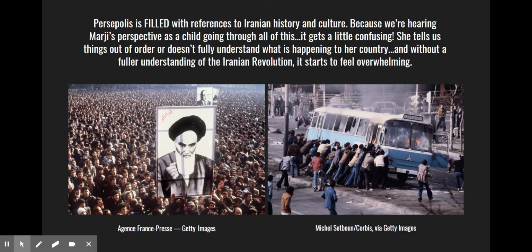So, first up, I talked a little bit here about how the backdrop of Persepolis is obviously this huge historical and cultural moment, but we're getting it from the perspective of a child. And because Marji doesn't have all the information and she's getting it in a piecemeal way, it's hard for us too, especially since we're reading this as an American audience, or students in an American class.